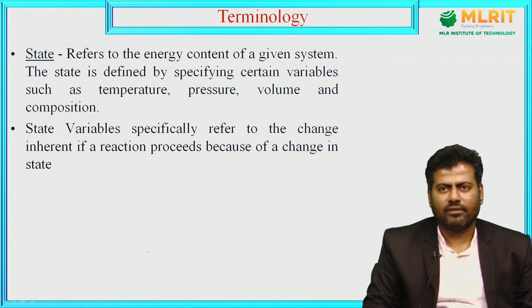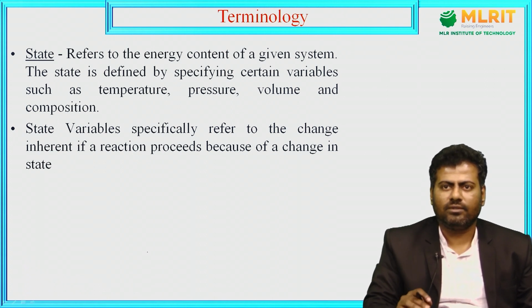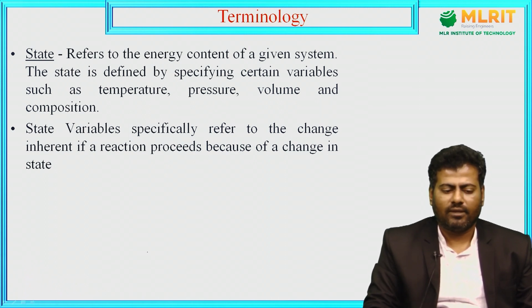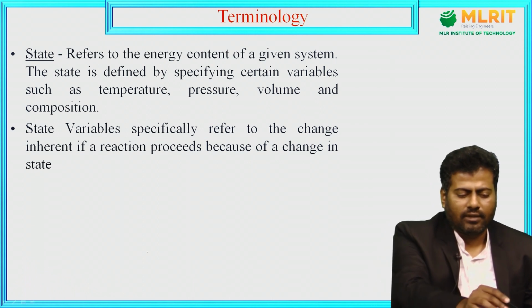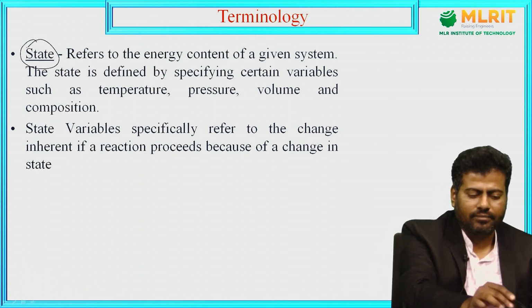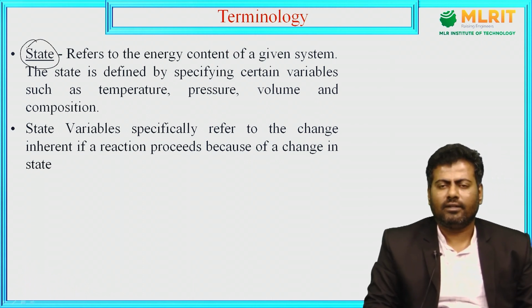After defining the system, to measure the properties I need to know these terminologies. That is what we are going to discuss right now. The first basic terminology is this: after attaining the equilibrium condition, we can say that the system attains some state. In the previous slide I said initial state and final state.